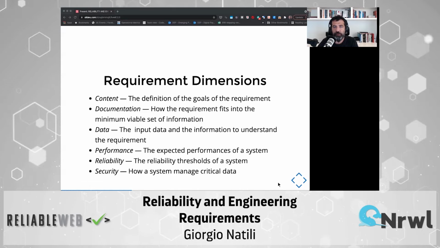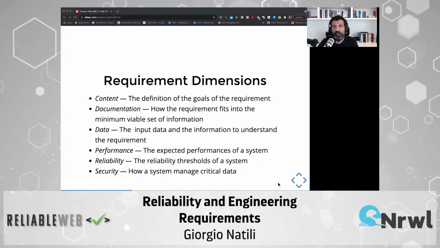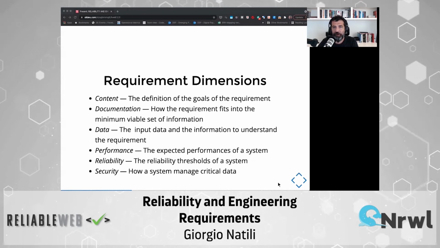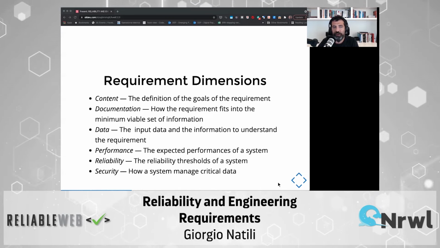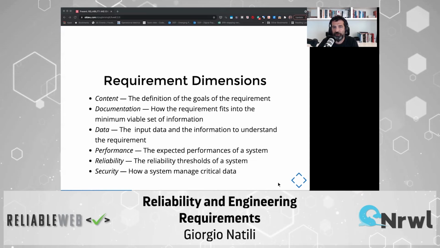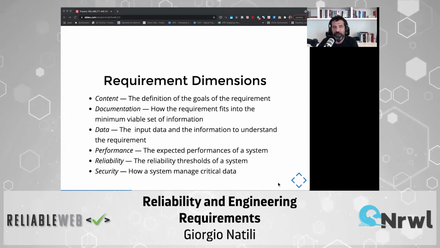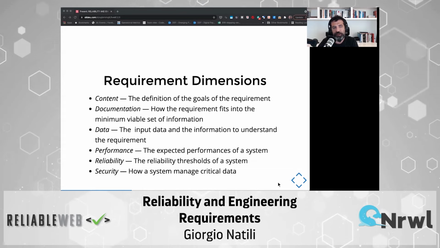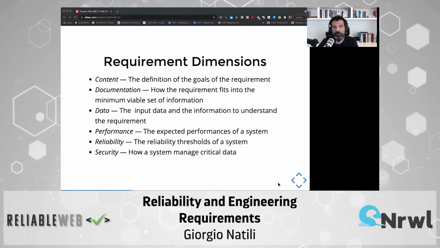Yes, requirements have performance. Every time a requirement is generating a defect, it's clearly performing poorly. So you should track that and bucket the defect according to these dimensions. Feel free in your domain, in your company, in your space, to add additional dimensions. But these are the 6 that you can use as a starting point.